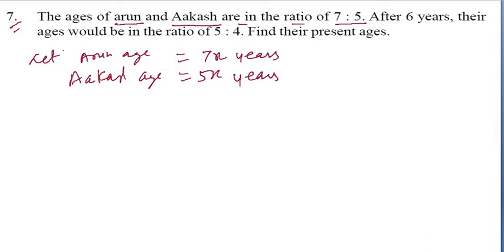So it is the present age of Akash and this is the present age of Arun. So you can see here, after 6 years, what will happen after 6 years? Their ages would be in the ratio of 5 to 4. So according to the question,